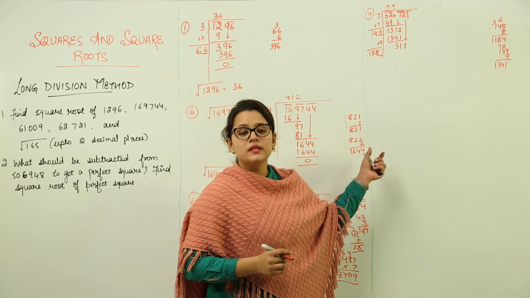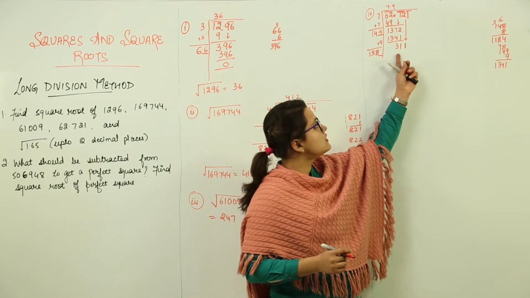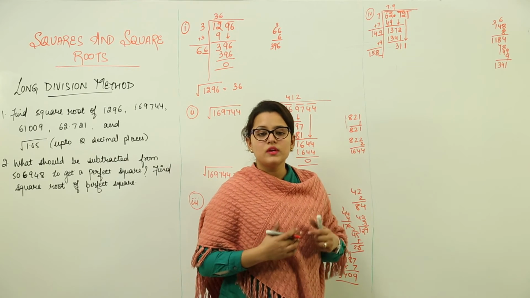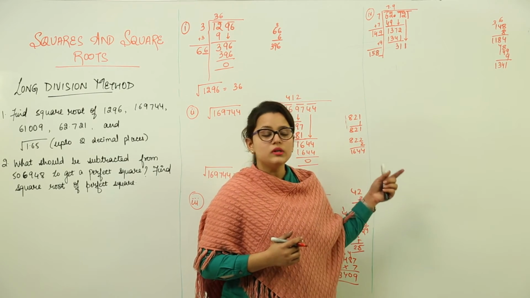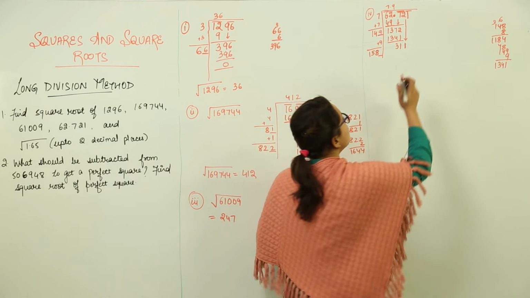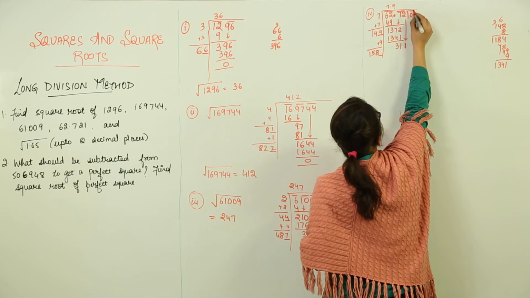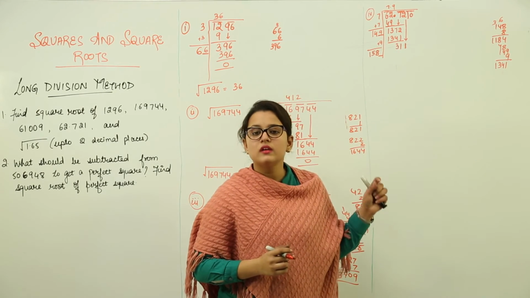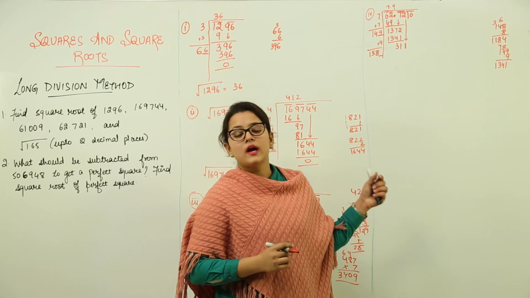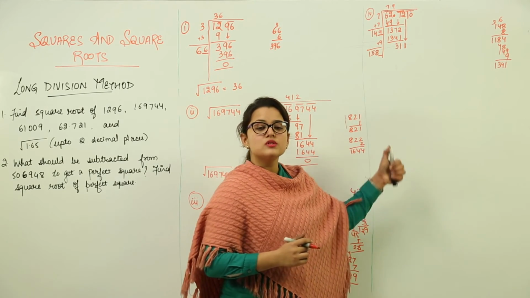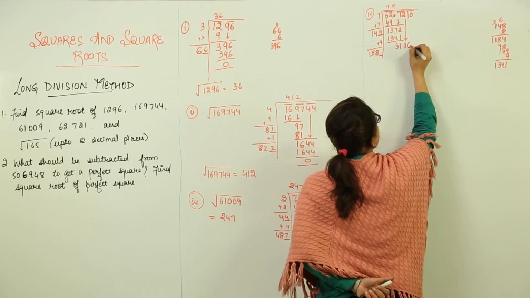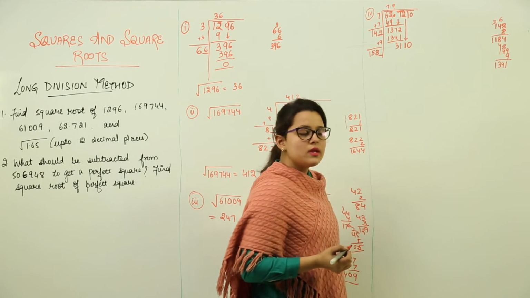Because here the number that we have, the dividend that we have, is in 3 terms only. So for such questions, what we have to do is, in the starting only, when we are making the pairs, we always have to make the pair of 2. So whenever you are lacking any number of digits, like the last pair that we had had only one digit, in such questions we can add another 0 to make it a pair. Now is it possible? Yes, now it can be done.